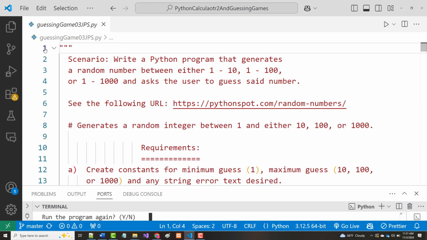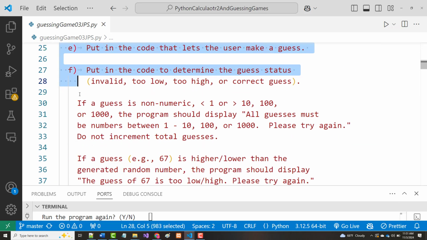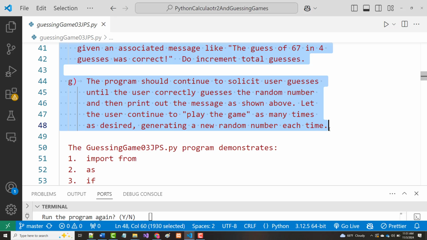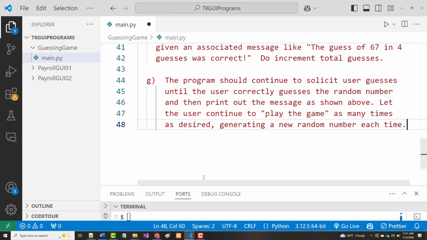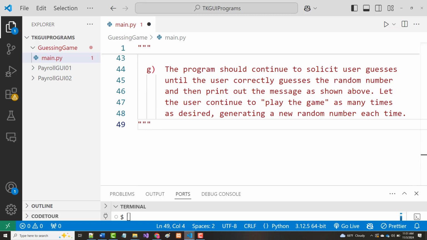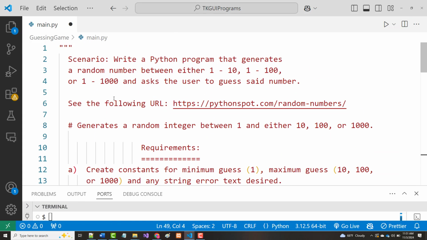Okay. So there it is. Copy that. Well, I'll leave this open just in case I need it. I don't think I will, but I'm going to do that. And now I'm going to come in here. Okay, so now I've got some comments. I've got a starting point, in other words. Write a Python, let's change this to Tkinter program